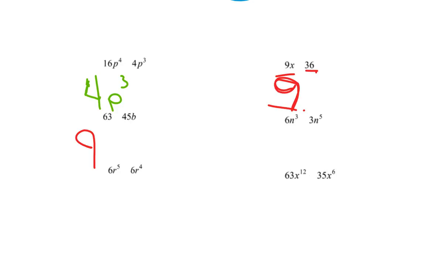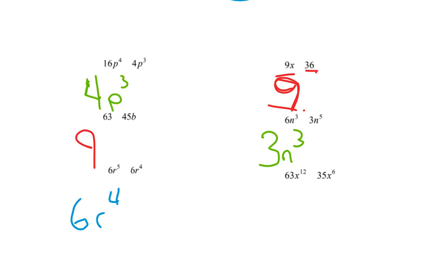If I look at 6n to the 3rd and 3n to the 5th, I can see my greatest common factor there is a 3. For my variables, we both have at least an n to the 3rd, so my greatest common factor would be 3n to the 3rd. For 6r to the 5th and 6r to the 4th, I can see they both have a greatest common factor of 6, and they both have at least r to the 4th. And then my last one over here